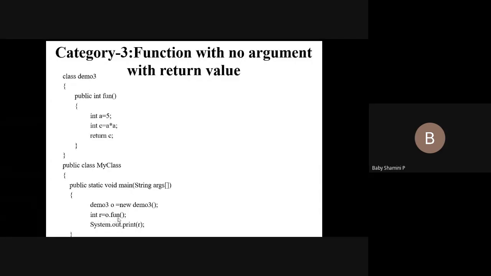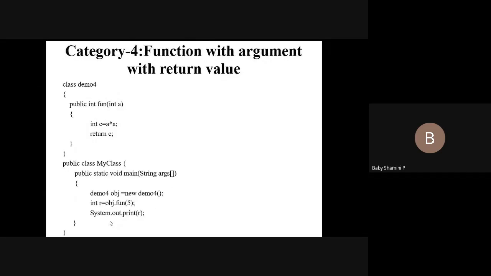Once the compiler control reaches this function call statement, it directly moves to the function definition, that is public int funnow. Function with no argument, so no need to pass an argument. So again it moves to the definition. It takes the a value as 5 and calculates 5 into 5. It returns the answer as 25. It returns the value to this main function. So o.funnow received the value as 25. Next it prints the output as System.out.print(r). I am going to print r. So what is the output? Output is 25.